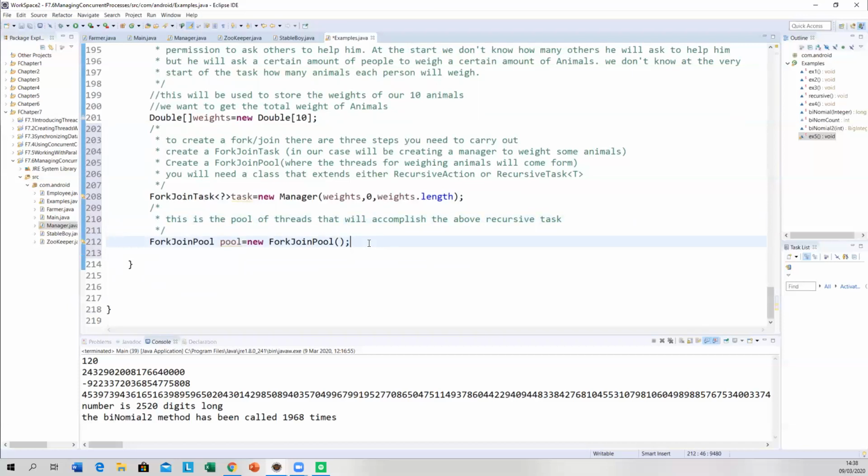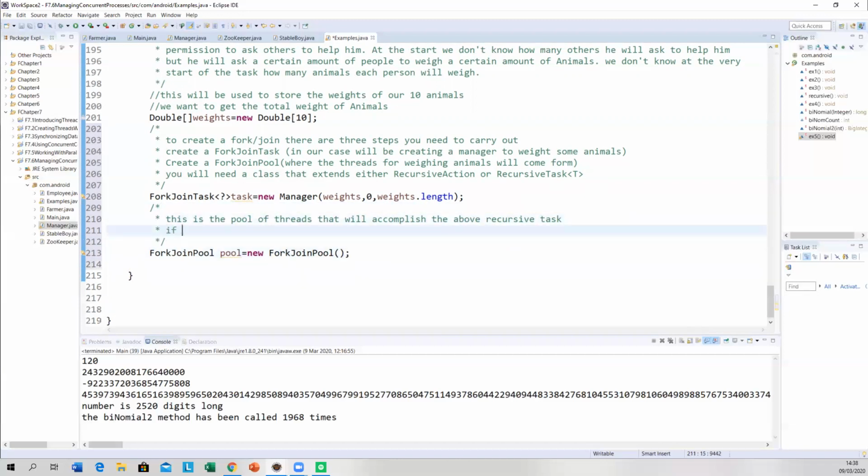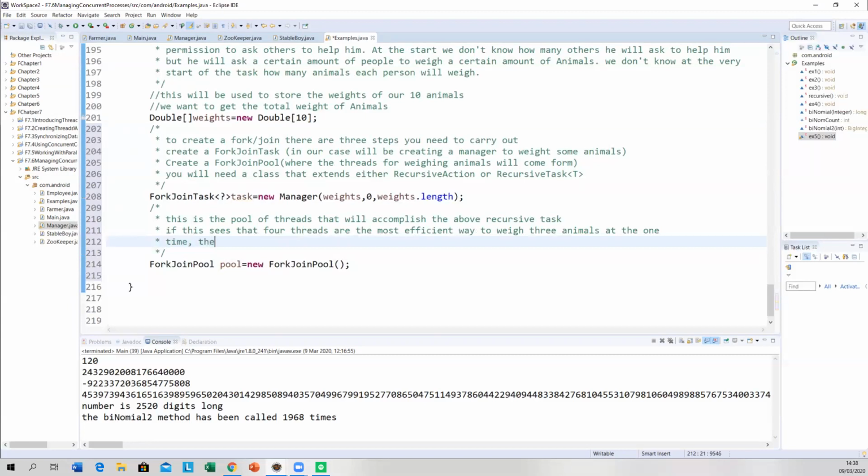So if it sees that 4 threads is the most efficient way to weigh 10 animals, then it will use 4 threads. If it sees that 4 threads are the most efficient way to weigh 3 animals at the one time, then this pool will have 4 threads.